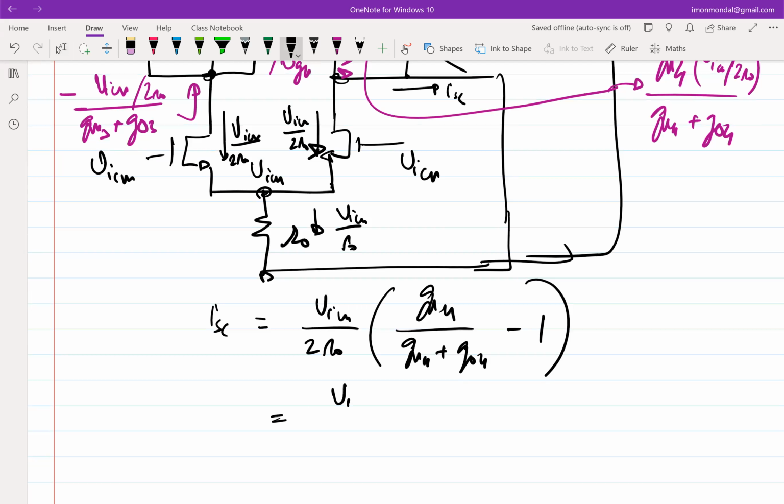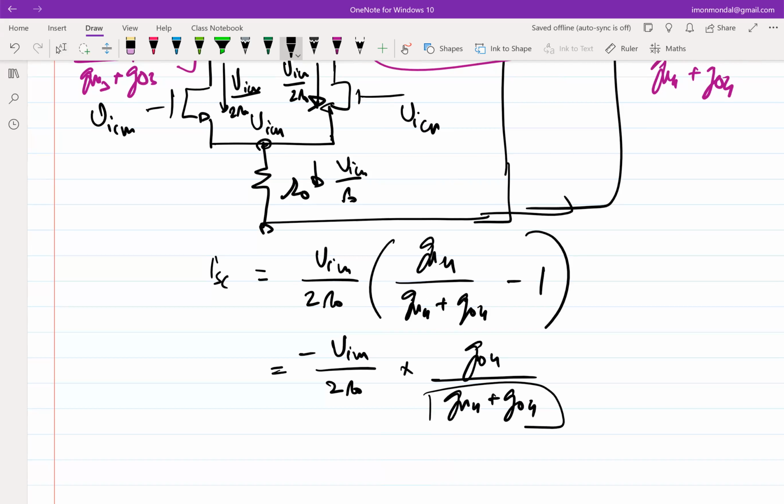So which is VICM by 2 R0, negative of that, times G04 by GM4. Okay. So in the denominator you can neglect G04 because GM4 is generally more than G04. So this becomes